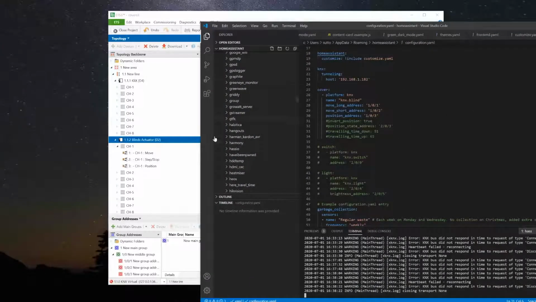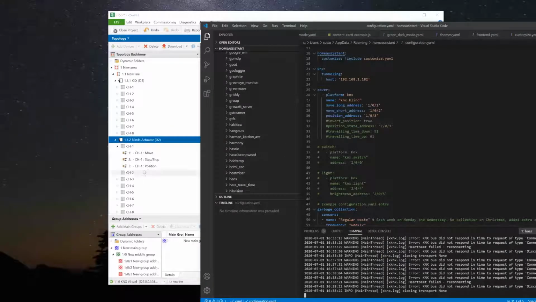Home Assistant. So the only ones I need to be concerned with is KNX and the tunneling address. That's just the address, as I've explained in previous videos, that's the address of the computer I'm on, 192.168.1.182, and KNX Virtual is just running on there. So that's just that IP address. And now I'm using this cover, and these are the settings I've got in here. The platform, the name of the blind, I've just called knx.blind, and I'll just make sure these addresses are right,